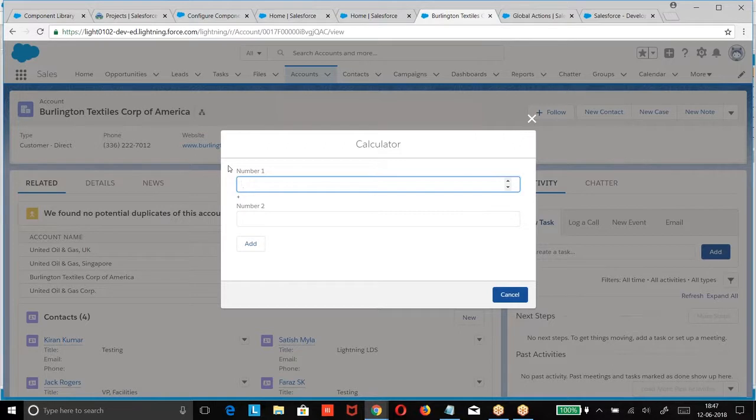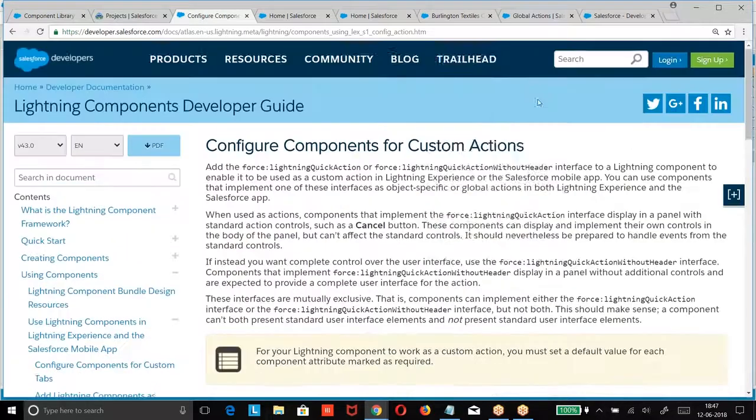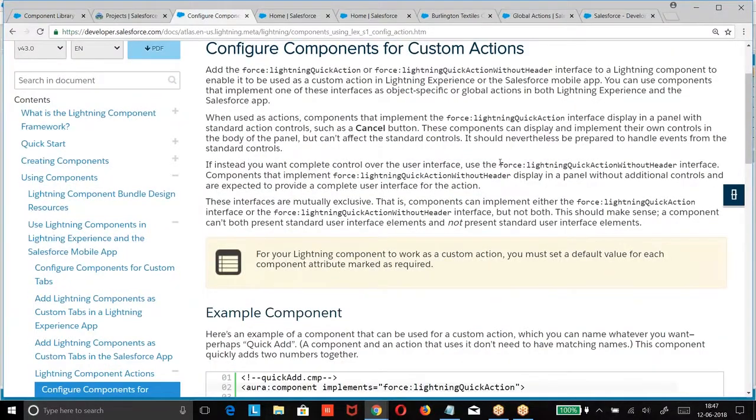If you want to create a quick action without those headers and footers, then we go for force:lightningQuickActionWithoutHeader. Because right now we are using force:lightningQuickAction, we are getting the header and footer. Let me take this element.